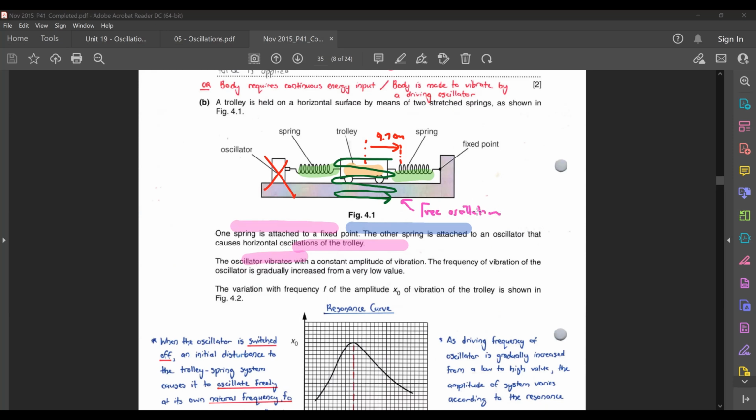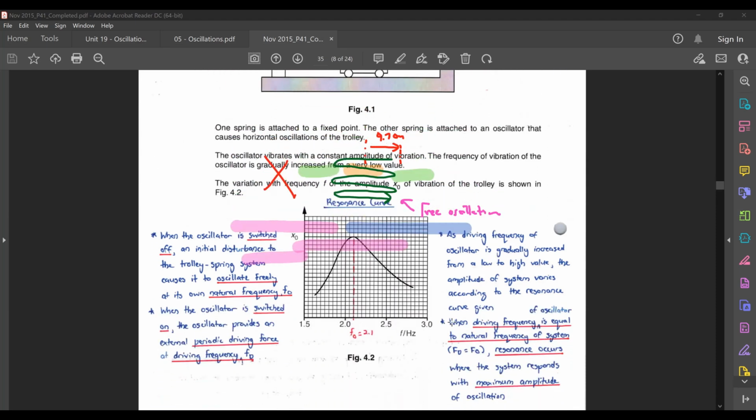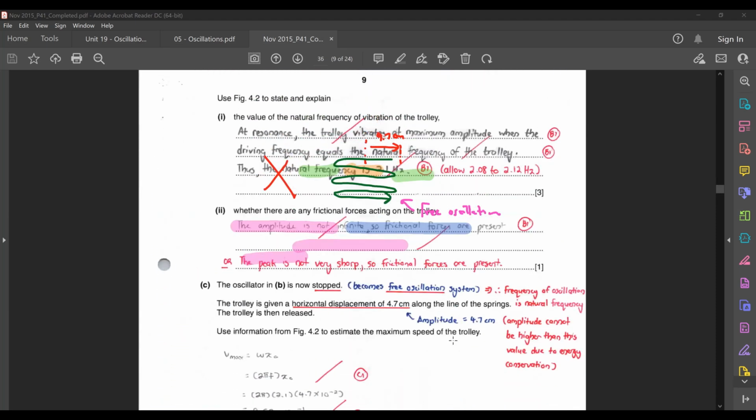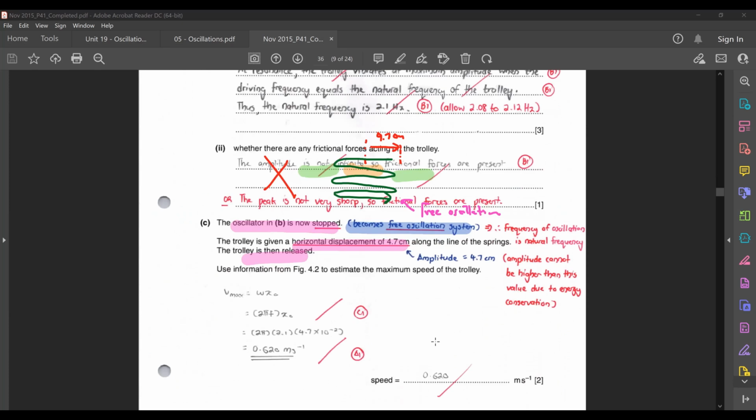Okay, it's now oscillating freely. So that's the significance of the first two statements there. Your system now becomes a free oscillation system. And then after that, there's also another thing that you should be able to deduce from here. When they told you that the initial displacement given to the trolley was 4.7 centimeter, this would actually be your